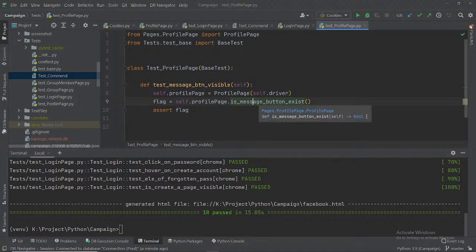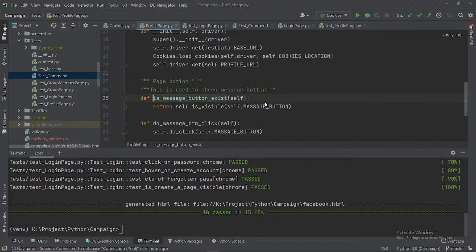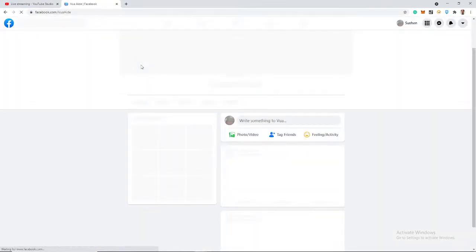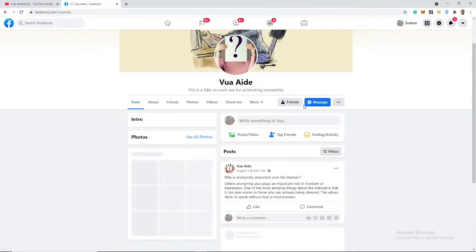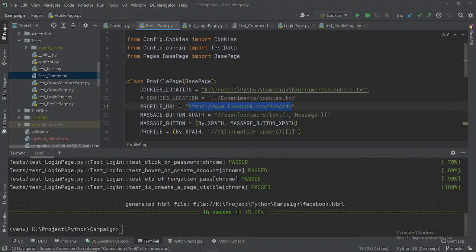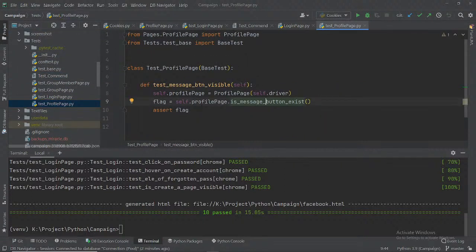So in the profile page, if we go to that profile, we need to test in that page whether the message button exists or not. We need to test that. So for that I wrote test cases for the profile page. So go there and, like the login page, we test a lot of